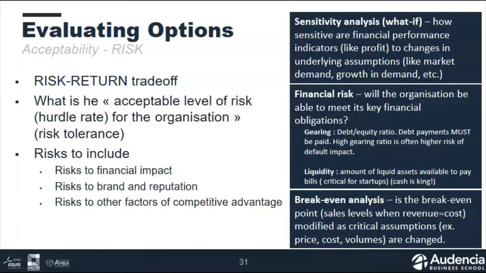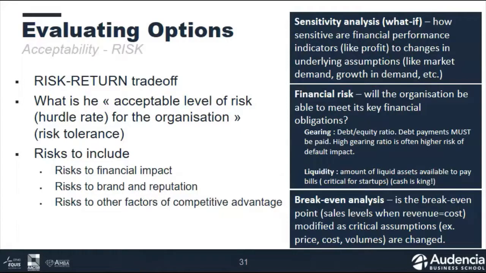And these are based on, obviously, this break-even point is based on a lot of assumptions about costs, about volumes, about price. Well, what happens if we change the price, if we change the cost, if we change the volume to that break-even point? How many units do we need to sell to break even if costs go up by 10%? How many units do we need to sell, or how much revenue do we need to make in sales if the price drops by 2% or by 5%?